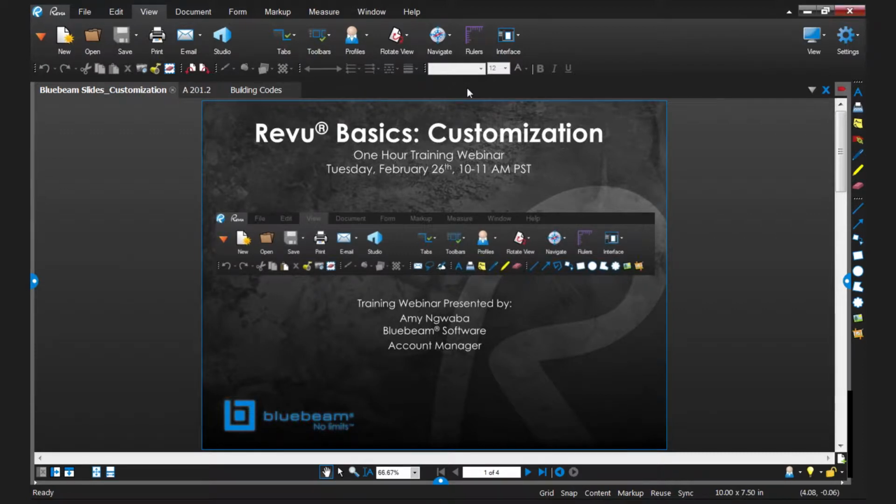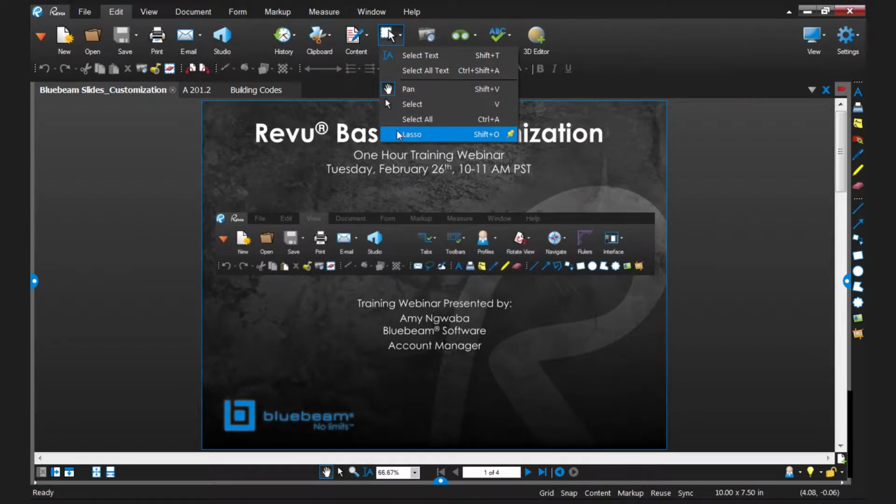Another thing I can do is pin an individual tool to an existing toolbar. So let's say, for instance, I'm someone who uses the lasso tool on a regular basis. The lasso is a tool for multi-selecting multiple markups at once. You get to that by going to the Edit menu, and it's under Select, and this is the lasso option. If you click on the little thumbnail here,